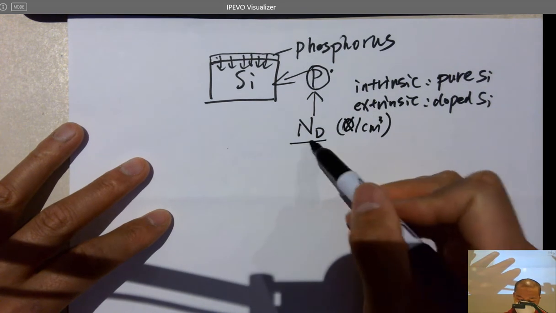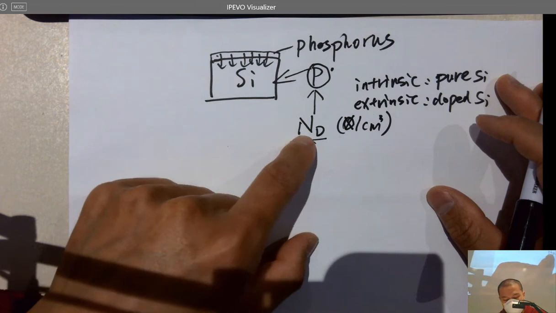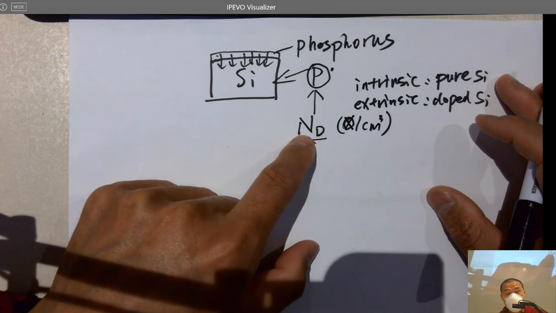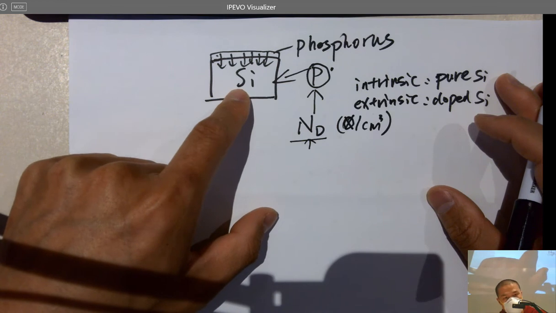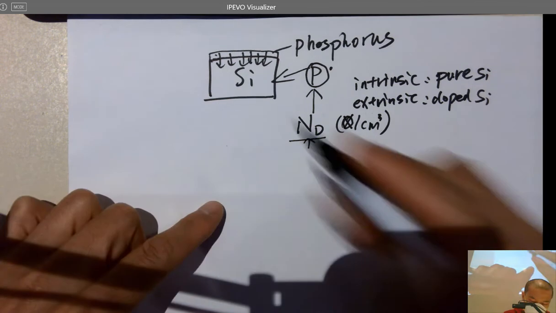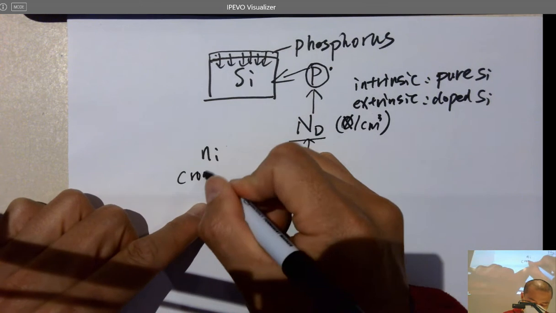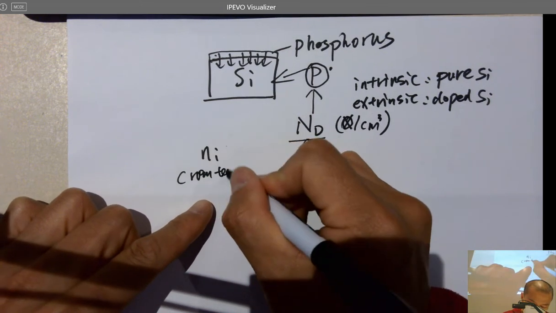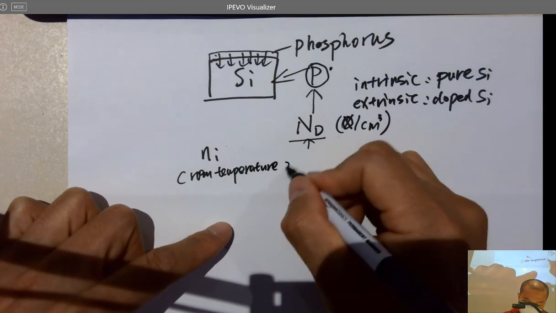If this is given, and because this is being doped by this material, this number is usually way larger than the concentration of the free electrons in the silicon at the very beginning of the intrinsic silicon. And what is that? Ni, right? Remember Ni? At room temperature, which is 25 Celsius